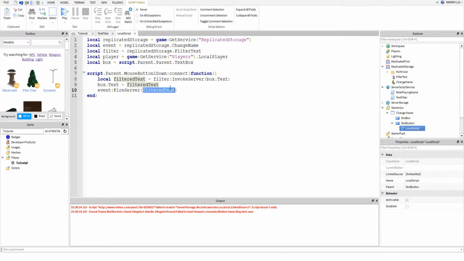So just for testing this, if you want to do this with me, change this to box.Text, because that will pass in whatever is in the text box. But I have it set to the filtered text because we have the filtering going. So now we are going to go look at the script that handles this server event and the Billboard GUI